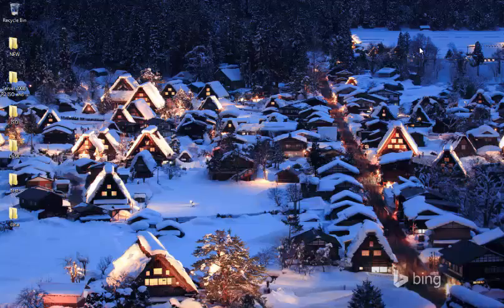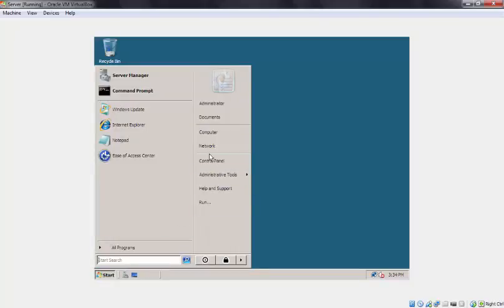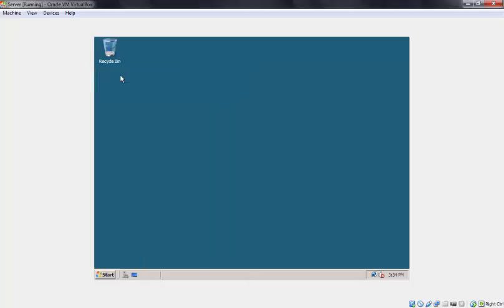Alright, in this tutorial I'm going to be showing how to set up the DHCP server as well as configuring the DNS server. So what you'll want to do, you're going to have to start up your server virtual machine. You're going to click on start, go to server manager because you need to add a role,